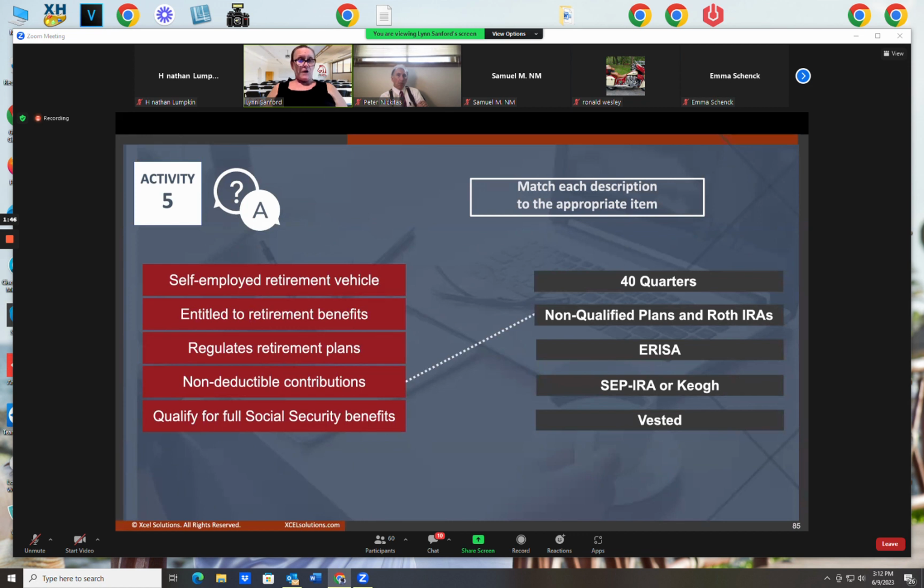And qualified for full Social Security benefits, that means you worked long enough in the workforce, 10 years minimum, to earn 40 credits, which is the minimum number of credits you have to earn to reach fully insured status. Because the maximum number of credits I can ever earn in a given year is 4, to reach fully insured status I have to reach 40 credits. And that means I have to be in the workforce at least a minimum of 10 years.